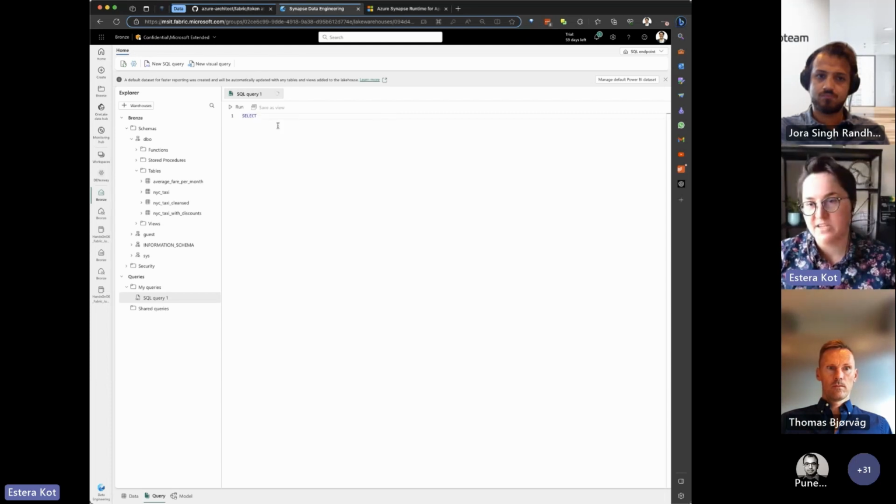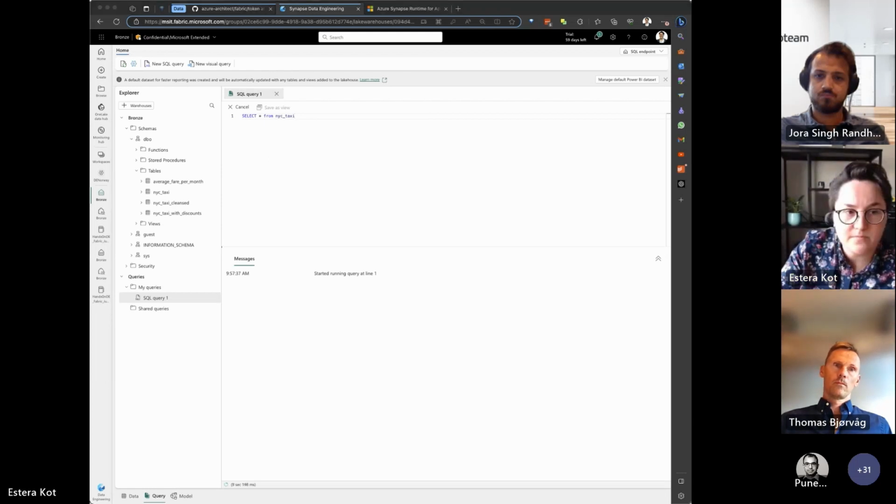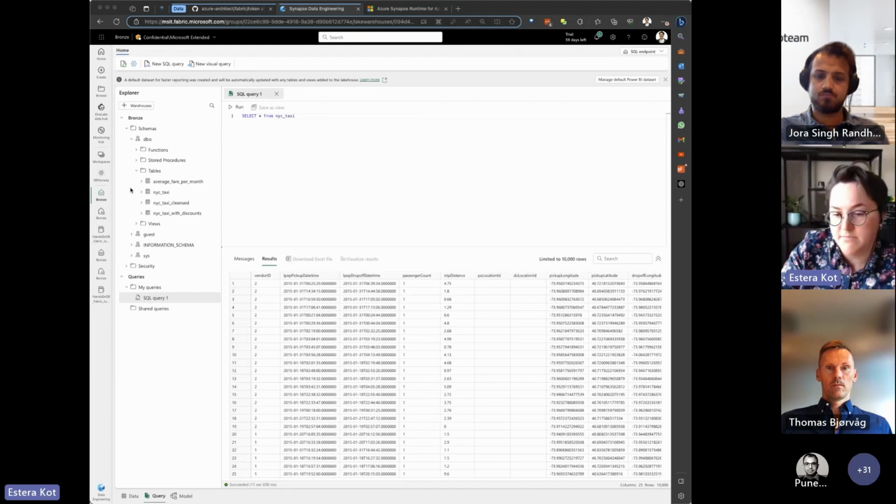Again, it's not Spark SQL, just clear SQL: select star from New York City taxi. Let's run it. Under the hood, we have compute that will execute this query. And yes, in 11 seconds, we are getting the first results.